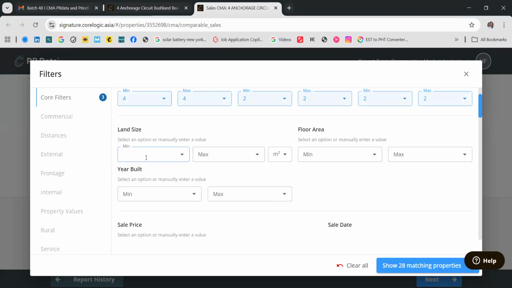So let's put 818. Choose the 818, maximum of 800. Since there's no 850, just choose 800 or 900, but you need to edit that. Then choose the number below.